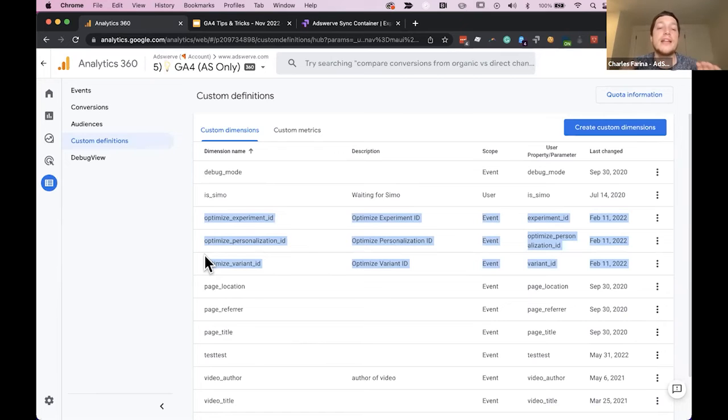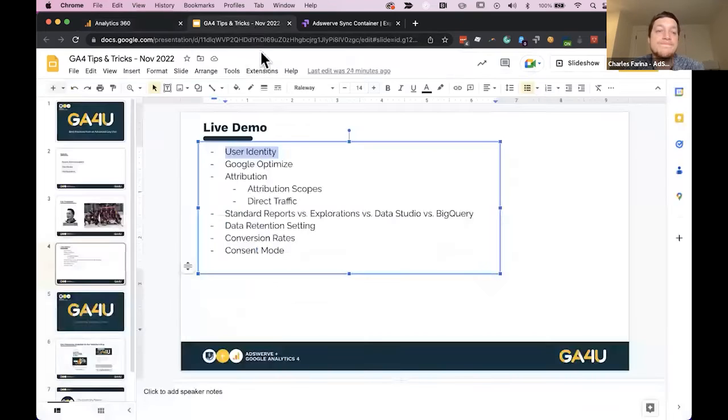So simply, if anyone in here is interested or already using Optimize, make sure that you remember to register the custom dimensions so that you can actually see which experiment was running. My hope is that Google will include these as default parameters, but I've been waiting, I think, over 12 months for those already. So hopefully next year, this will just be by default. But for now, just remember to register your experiment impressions and dimensions.